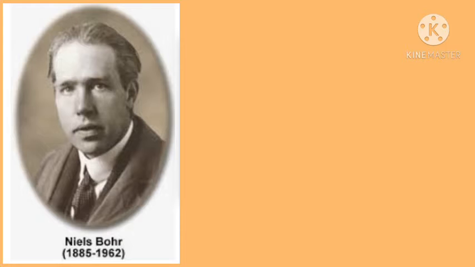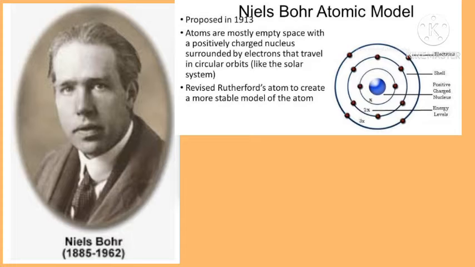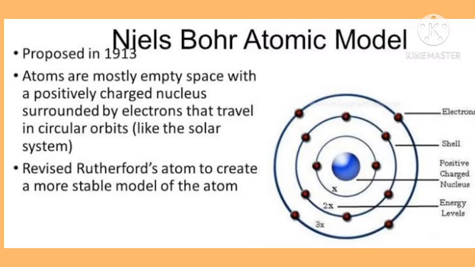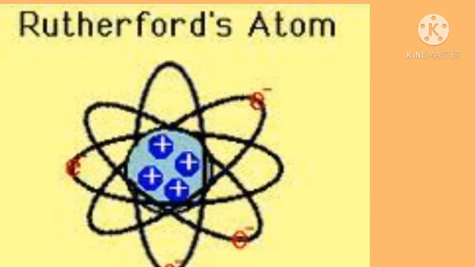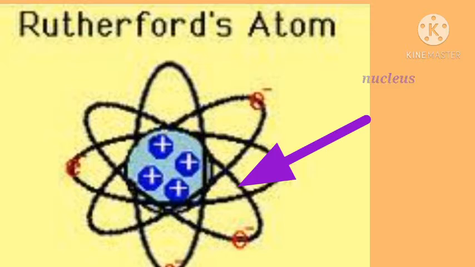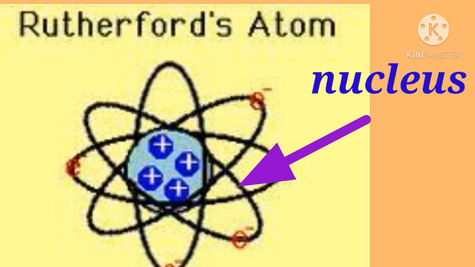Students, in this video we are going to discuss Bohr's model of an atom. Bohr's model of the atom was proposed by Niels Bohr in 1913. It came into existence as a modification of Rutherford's model of an atom. Rutherford's model introduced the nuclear model of an atom, in which he explained that a nucleus, which is positively charged,